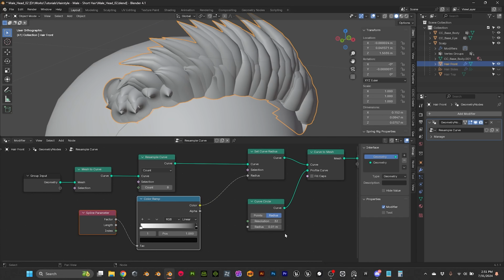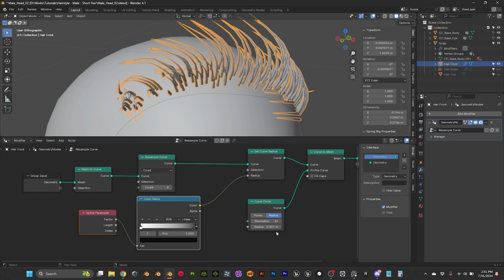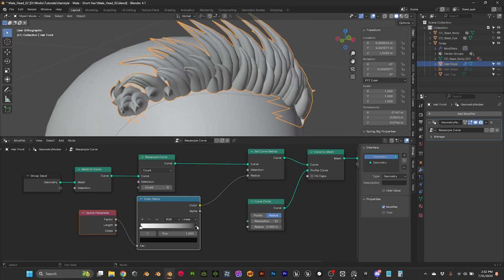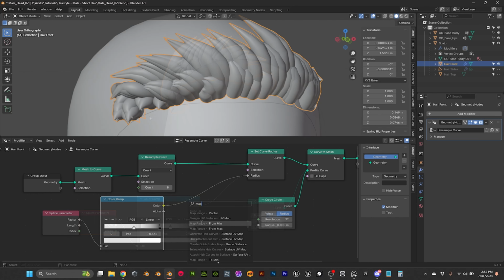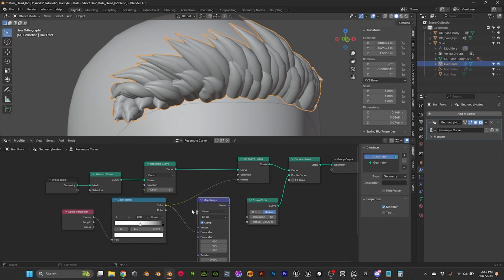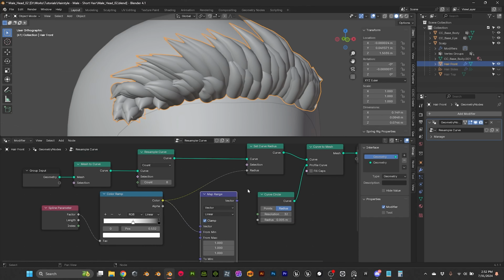And then, for example, this is still too big. We can come here. Maybe that's something like this. And then the tip, if you want it thicker, do something like this probably. Map range, yeah, looks like it's a map range. Vector, float. So the color goes to the value,